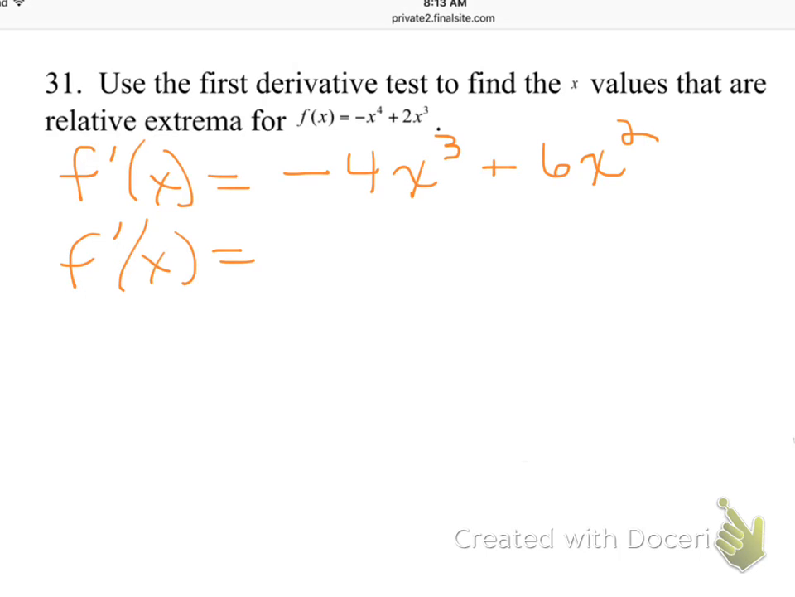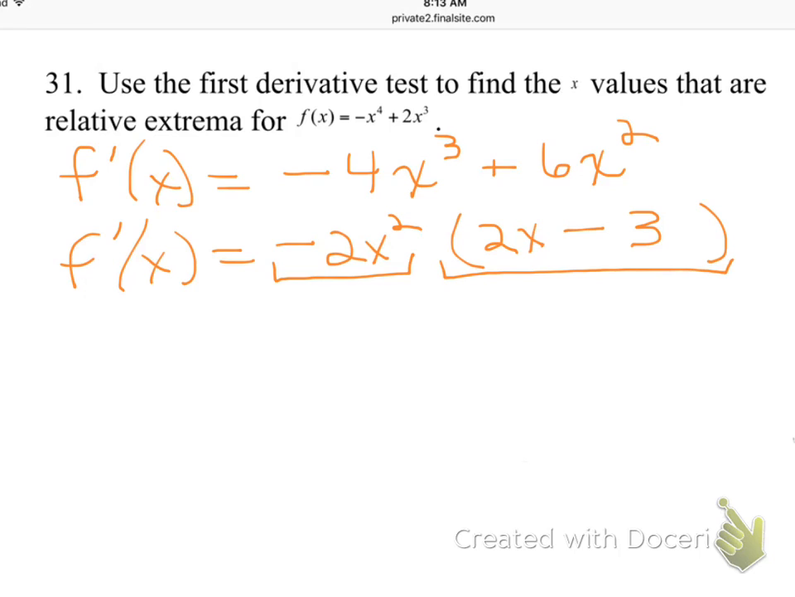I'm going to take out a -2x squared that they have in common. And I need a -4 back, so it's going to be 2x minus, so careful here, and that's just going to be 3. Okay, those are my factors. Go ahead and set your factors equal to 0. This first one gives me a critical value of 0. This second one gives me a critical value of